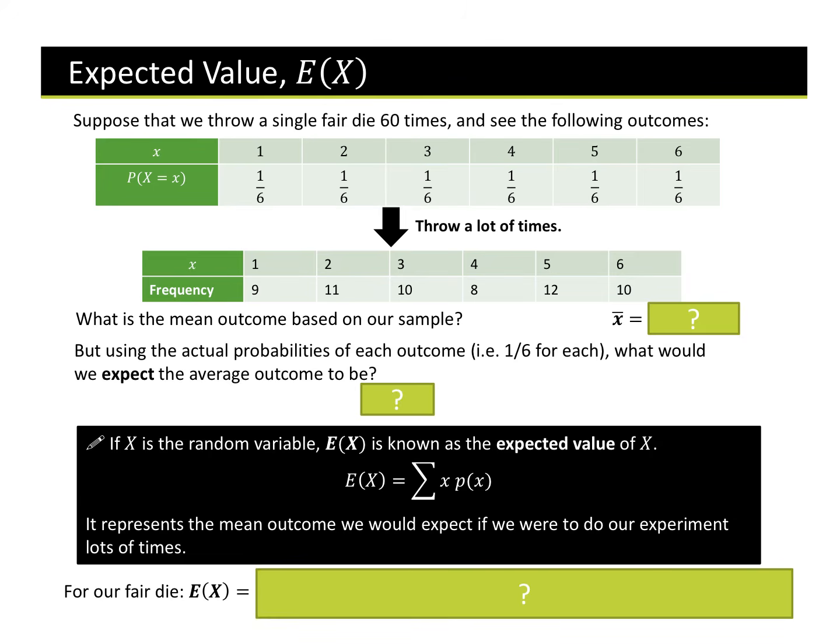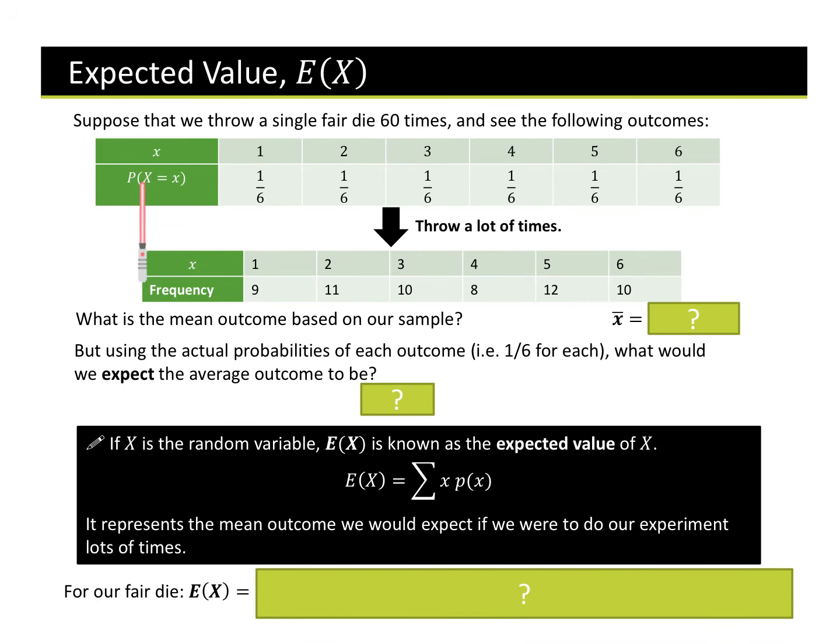So what we're now going to look at is expected value. And the notation for this is capital E and capital X. Suppose we throw a single fair die 60 times. And what we expect is this. And we were speaking about this earlier. We'd expect